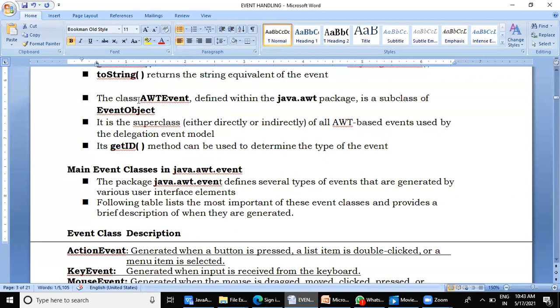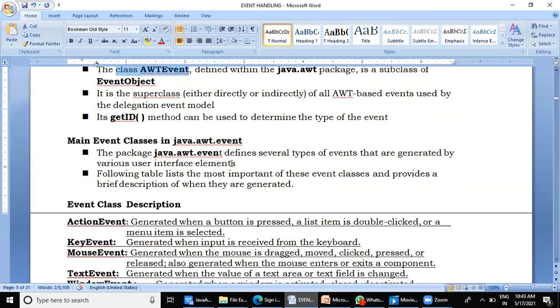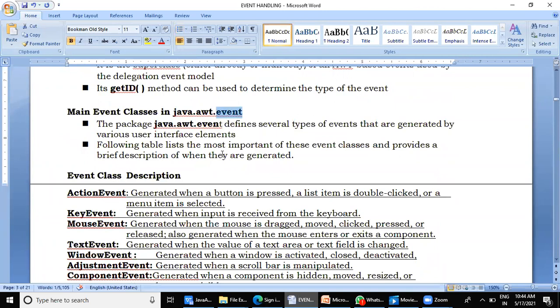And then the child of it was the AWTEvent class, defined in the AWT package. But actually, we are going to concentrate more on the classes defined in the java.awt.event package. Little confusing, but I hope you have understood the relation here.